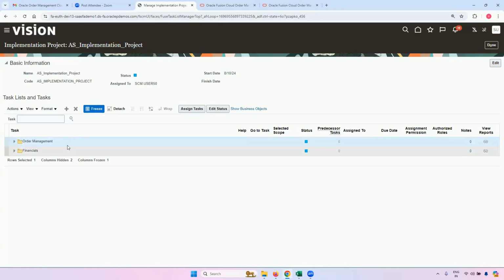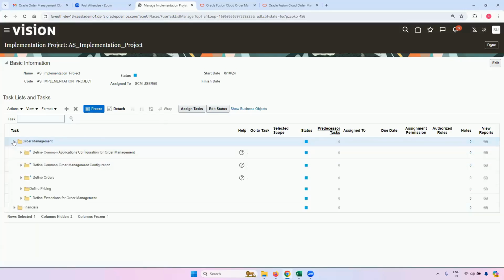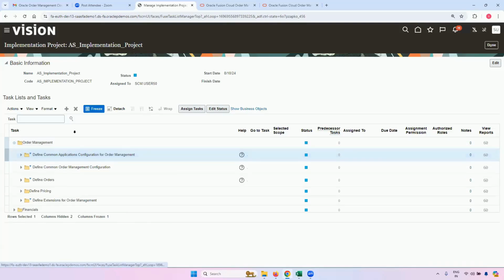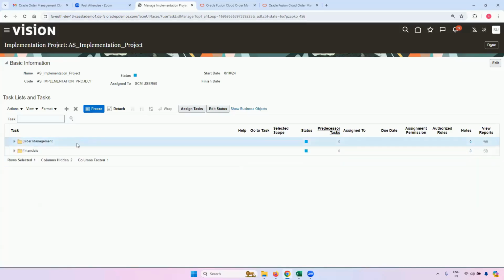As you can see, these two modules have come in over here, and I can select any one of the modules. If you go to the drop down, you have these many modules as well. You can select the different sub modules, or you can select order management as a whole, and go to assign tasks.